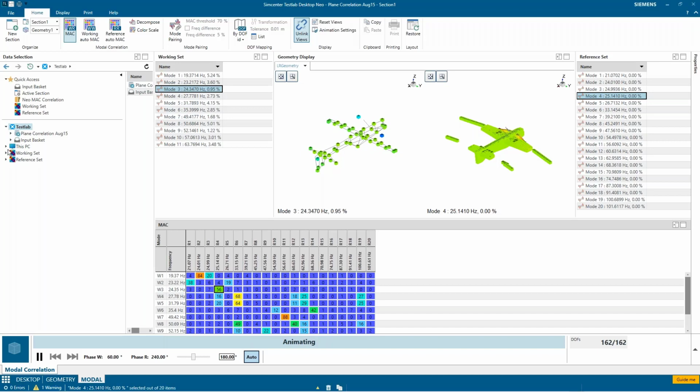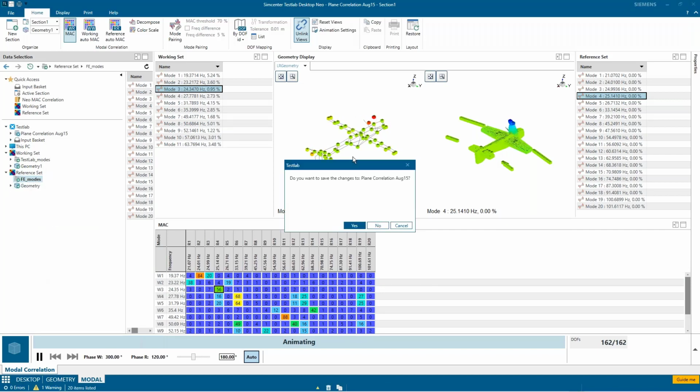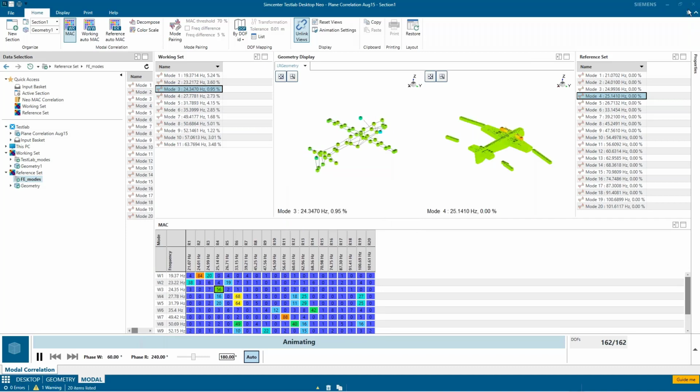And that's stored in this information down here. So down at the bottom of the tree, I can see what items are being used. And if you wanted, I could always remove the set, or I could go through this PC and just add another working set and it would replace this one. Same thing, if I wanted a new reference set, I could go and find a new one and just say add to reference set, or I could remove this one first if I wanted to. Okay. It's a link to the original file. This project really has nothing in it except links. So let me close that one and let me do the second demo.